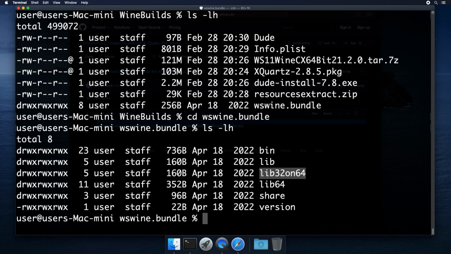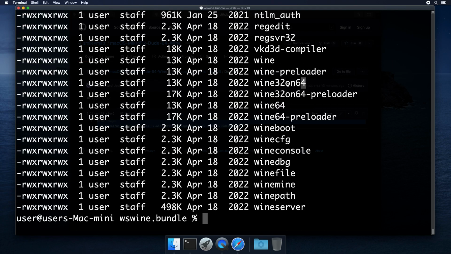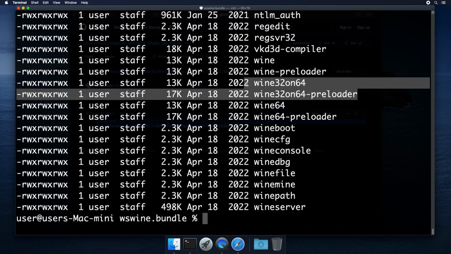What's important is that we need this lib32on64, and inside the bin directory, we have wine32on64. On other versions of Wine, you may only see wine, or only wine64, or you may see wine plus wine64. But we're looking for these to have the correct compatible version of Wine.